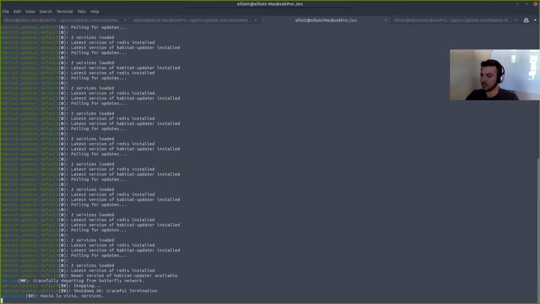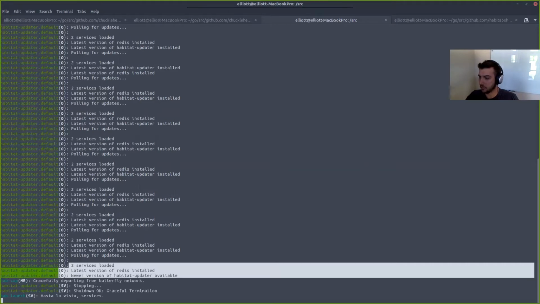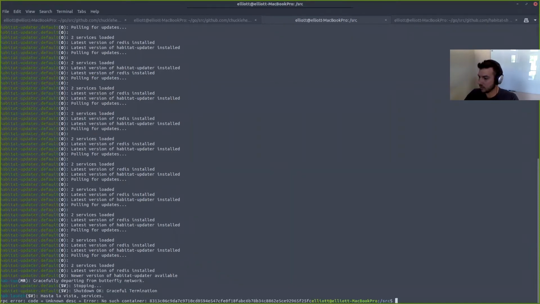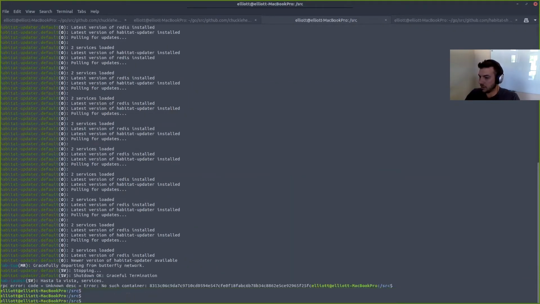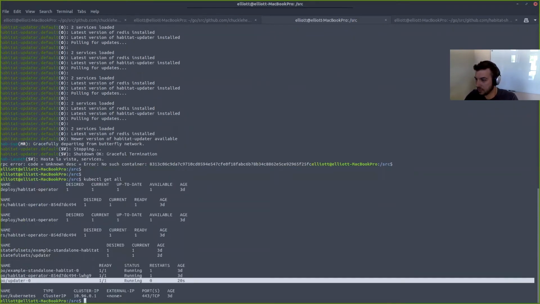All right, there it was. You can see that 2 services are loaded. The latest version of Redis was installed, but we detected a newer version of the Habitat updater. Our pod detected that signal from the orchestrator and terminated itself. And so now, if you look, it will have terminated itself, and the new updater pod has been available for